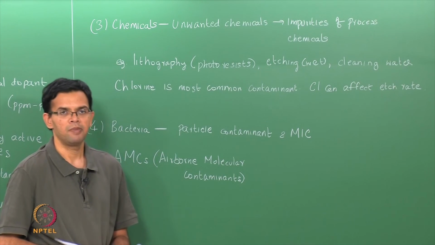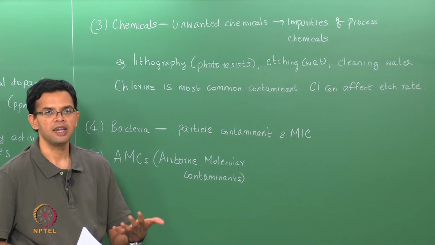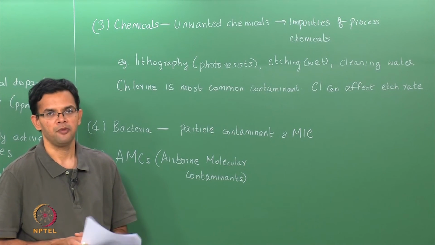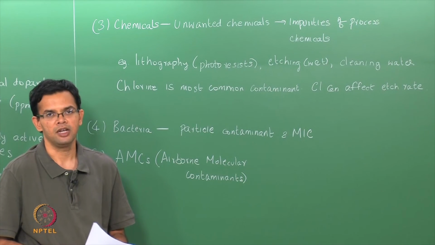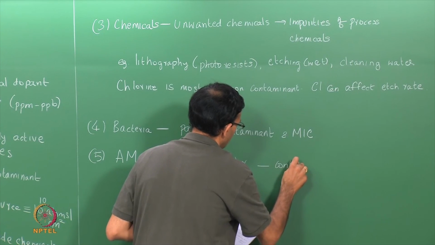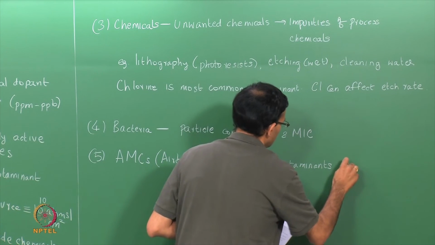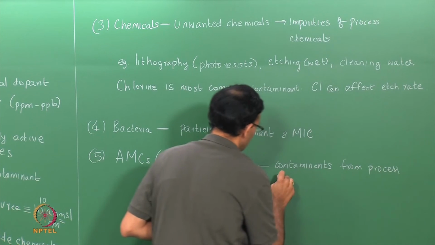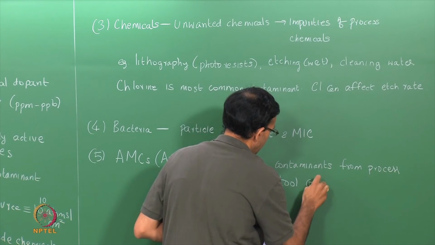So, as the name implies, these are essentially airborne contaminants. The component need not essentially come in contact with the wafer, but through the mini environment, we will see what a mini environment is later on, it can essentially contaminate the wafer. So, these are contaminants that come from, say, the process tool. They could be from the chemical delivery system,